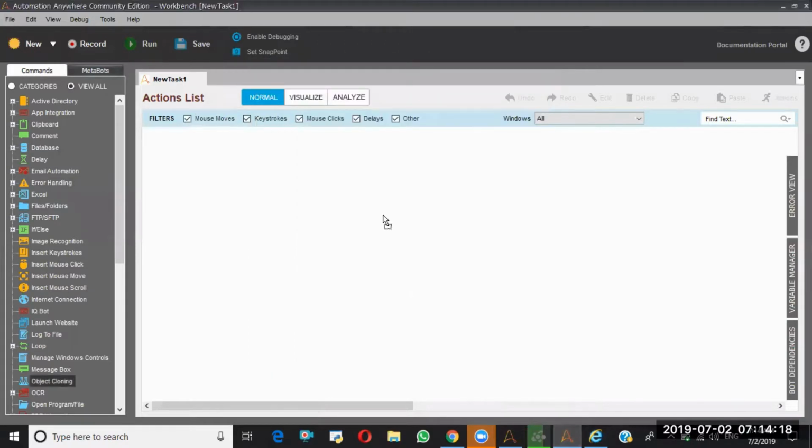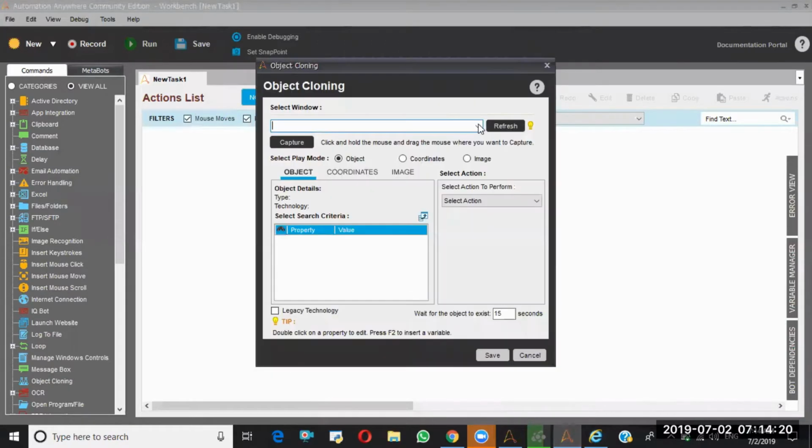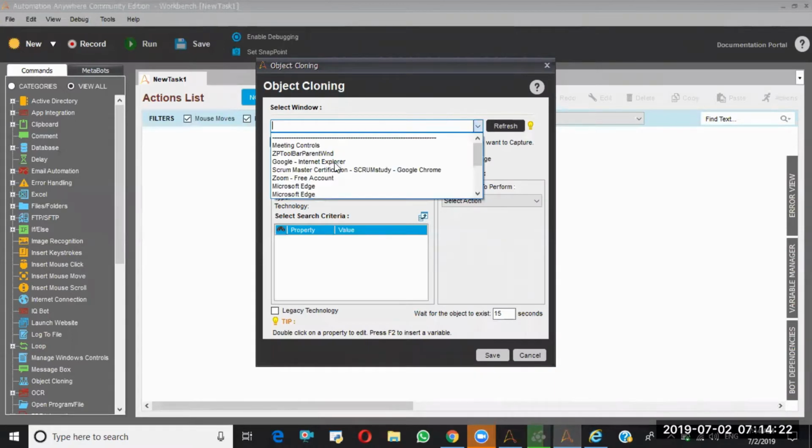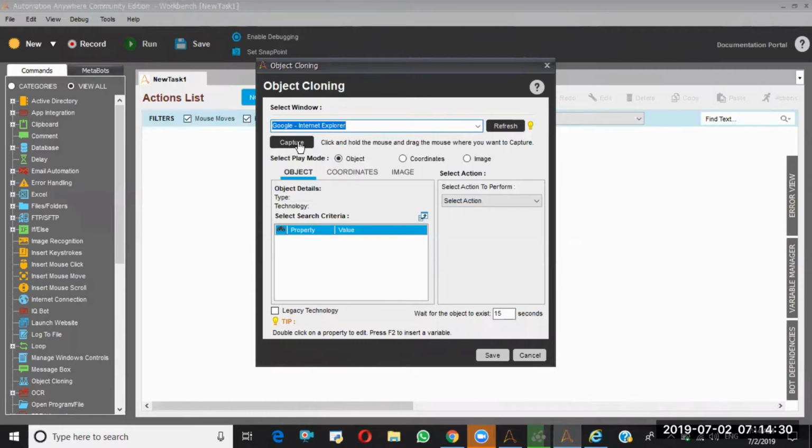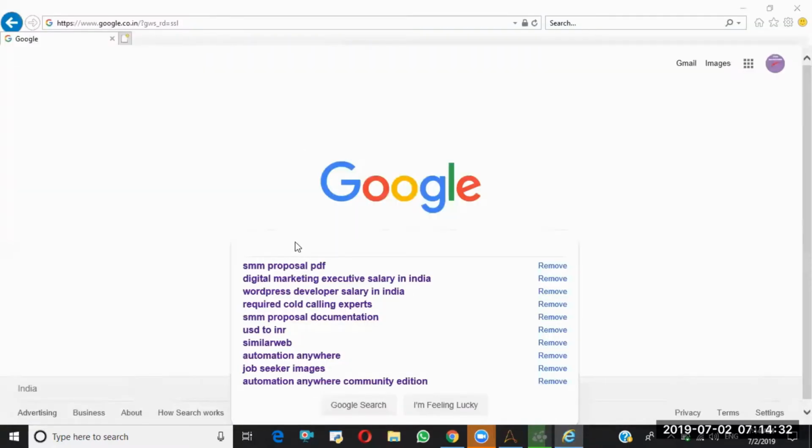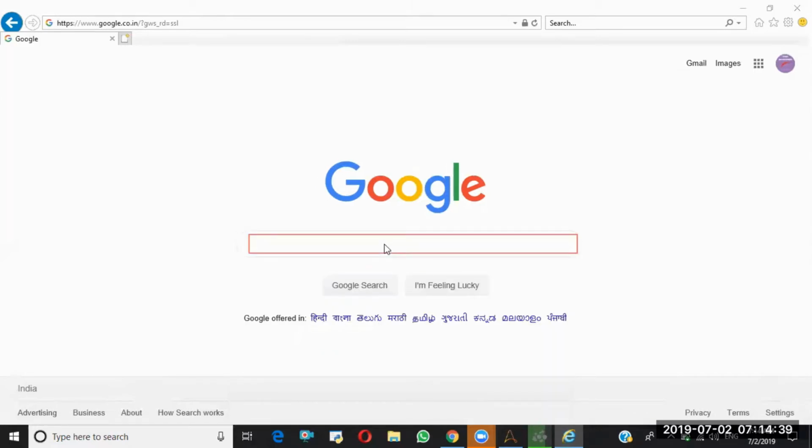Here I am taking object learning from this drop down. I'm selecting the window, which is the Google window on Internet Explorer. Now I'm capturing this text box.